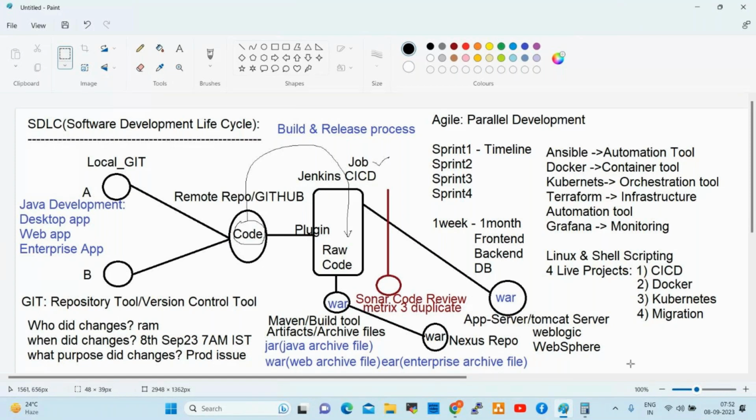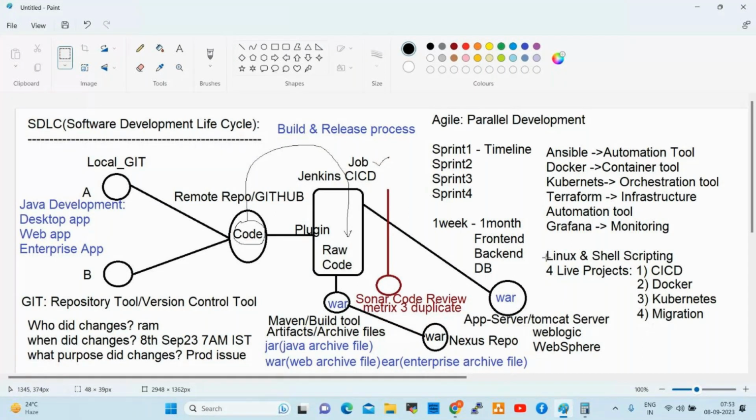So next, migration project. How can we migrate servers from one zone to other zone, one region to other region? How can we migrate the data from on-premises to cloud, and AWS to Azure, Azure to Google Cloud? This is very important. It is an entry question also. Most of the project teams are migrating the data. Interviewer also asks this question. Do you know migration? How can you migrate the servers? How can you migrate the data from one zone to other zone, one region to other region, one platform to other platform? So these are all very important projects.